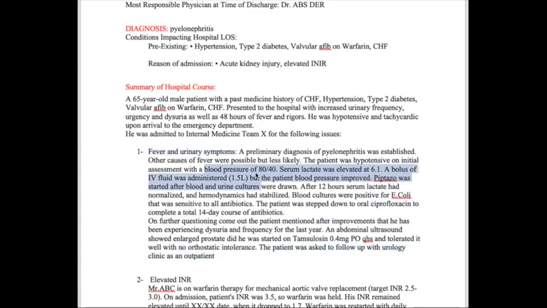Sometimes if the patient is stable and it's not complicated, pyelonephritis can be treated with antibiotics as an outpatient. But here, mentioning that his blood pressure was low and his lactate is important, it justifies our admission. So it's important to mention this. And it's important to mention that his serum lactate was elevated. It's another way to say that he had a really bad or severe presentation, and he was almost in sepsis or